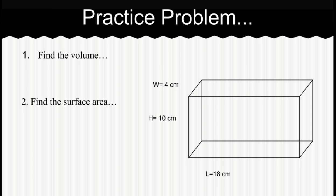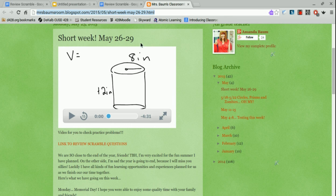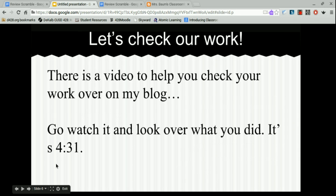Awesome. Welcome back. Okay, so here's what you are going to do. You are going to go over to the blog, and on the blog, there is a short video right here that is going to help you. It's going to walk you through solving both of those problems. It is 4 minutes and 31 seconds. You should not be at the video for more than like 6 minutes. If you need to stop and fix something in your work because you made a mistake, that's okay. But you shouldn't be at that video for more than 6 minutes. When you finish,